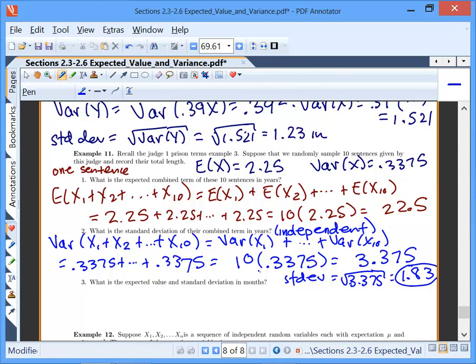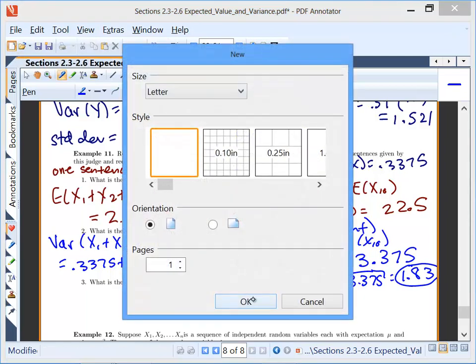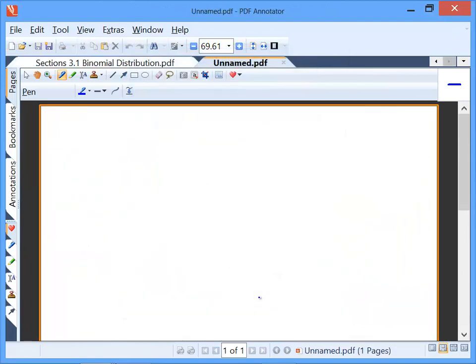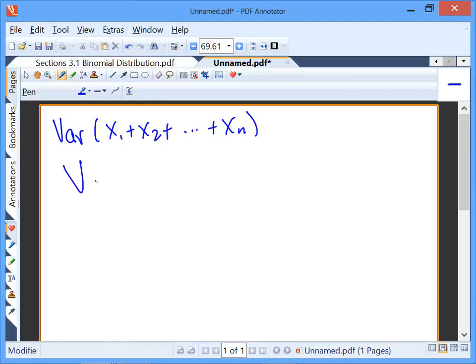Okay, so when we get to step 3, we're going to use our rules that we learned. Let me take a side note here for a minute and show you. This is the common mistake that I know people made because they made it very recently. This is what they wanted to try. They said the variance of x1 plus x2 plus up to xn. They said, oh, there's just 10 of them, and I'm adding them together, and they wrote it as the variance